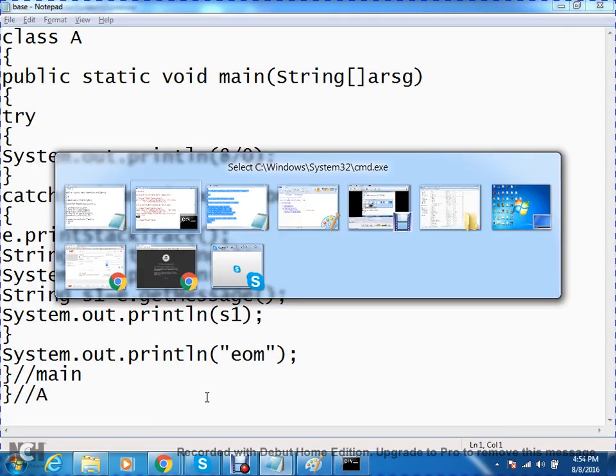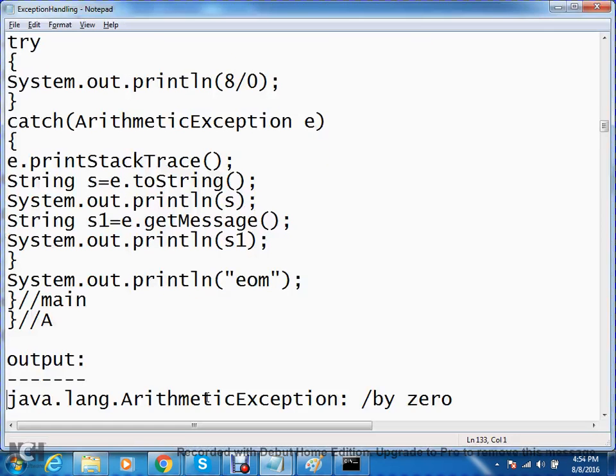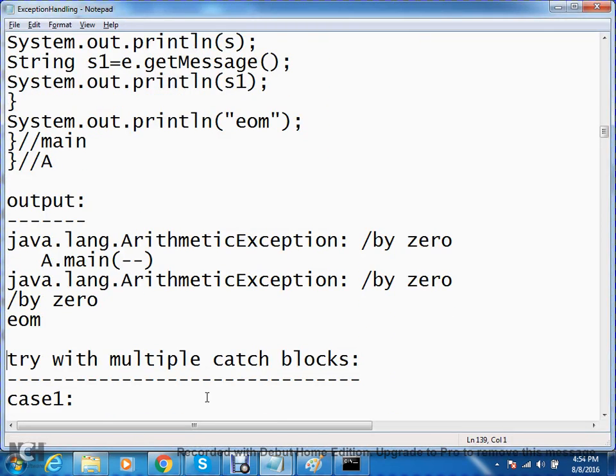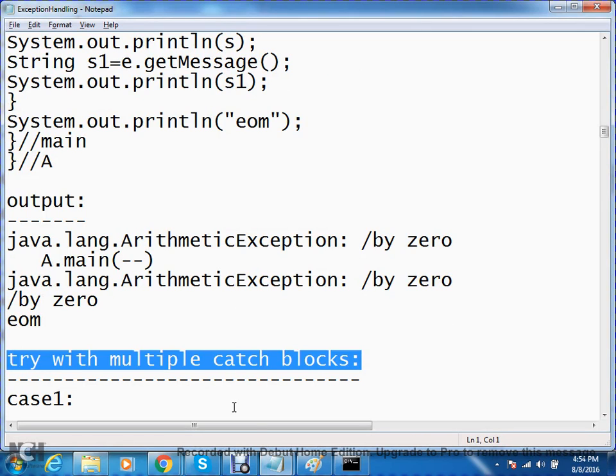Okay. Now, try with multiple catch blocks. We discussed